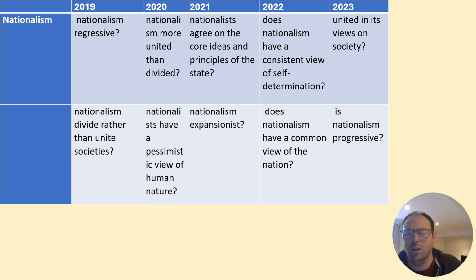common view of what a nation is, which is a wonderful broad question where you get loads of lovely stuff in. Consistent view of self-determination. Well, it doesn't, because if you're Maurras, then France can take anybody else's self-determination off them. And then you've got people who are very passionate about self-determination, like Herder and Mazzini, who are writing as nationalists as their nations are on the cusp of being formed into united countries. So there's been some really good questions in this area.